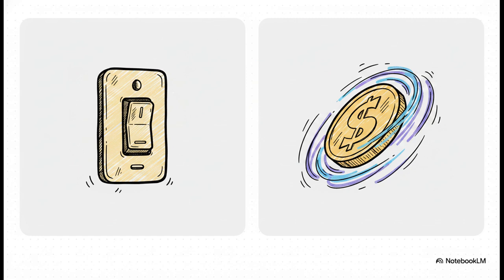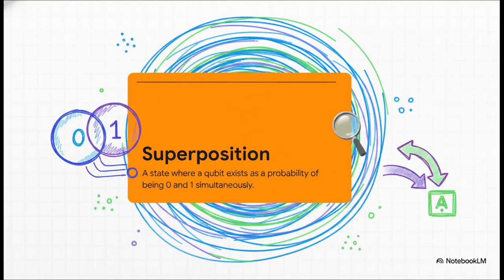But quantum computers use quantum bits, or qubits. A qubit can be a 0, it can be a 1, or it can exist in this special, incredibly powerful mixed state. The first wild phenomenon that gives quantum computers their seemingly magical power is superposition. This is that special intermediate state where a qubit exists as a probability of being both 0 and 1 simultaneously. Now, when you finally measure the qubit, it collapses into just one of those states based on probability.